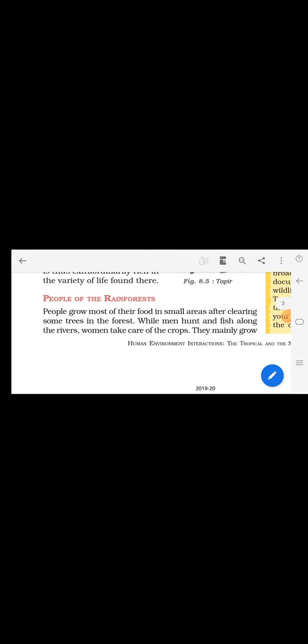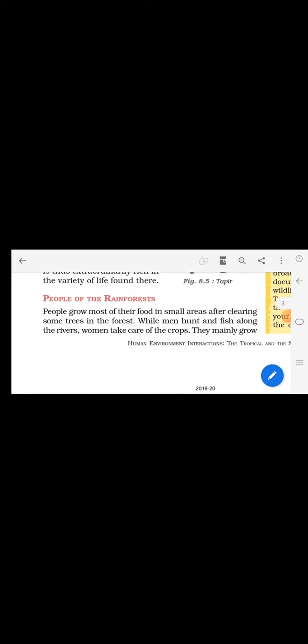As hunting and fishing are uncertain, it is the women who keep their families alive by feeding them the vegetables they grow. Whatever crops they grow, they keep for feeding their family. They practice slash and burn agriculture. What is slash and burn agriculture? Let's see.